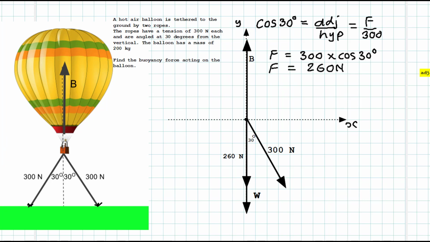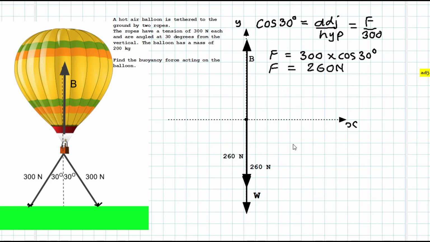Now the same thing happens for the 300 newton force caused by the tension of the right hand rope. If we do the same calculation again, we get the y component of the force to be exactly equal to 260 newtons again. So we can remove that and put in its component like that. So now we've got all the forces aligned in the y-axis,